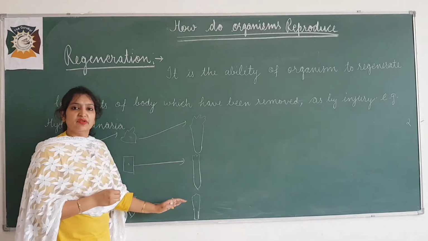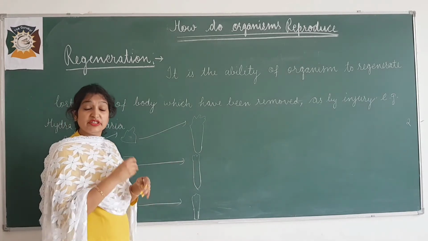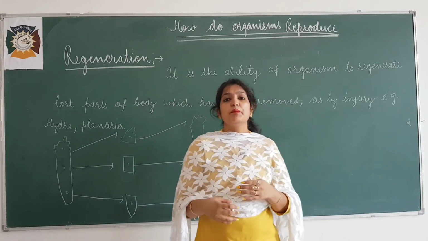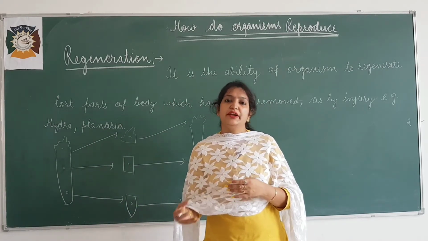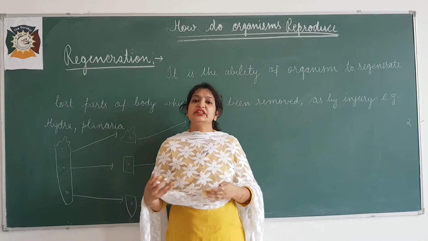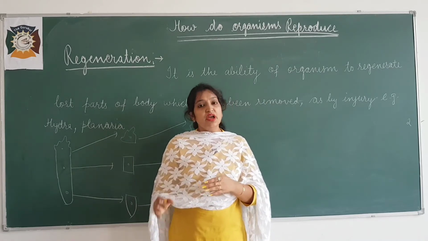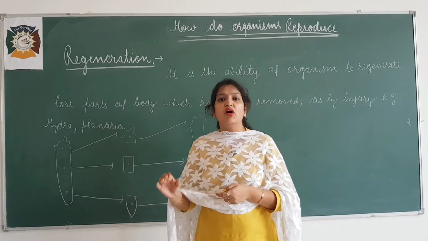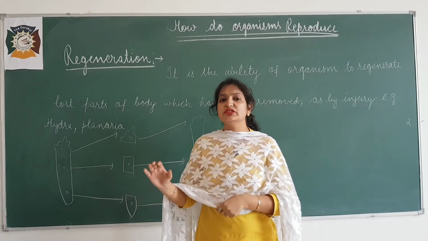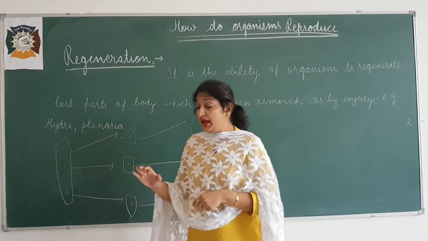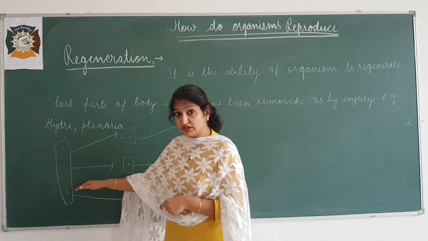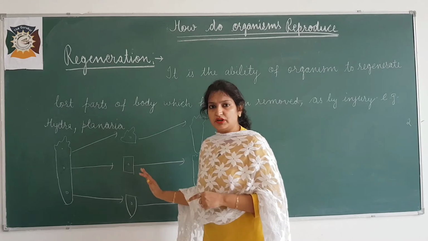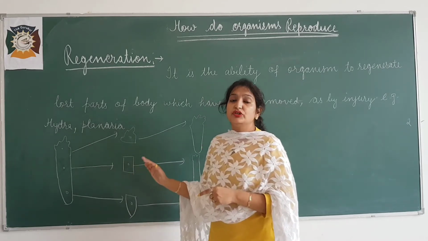That process is known as regeneration, or regeneration takes place in special cells, and these cells form new cells and different cells and tissues, and these changes take place in an organized manner, that is known as development. And when one organism splits into many pieces, it is not done for reproduction, it is done due to some